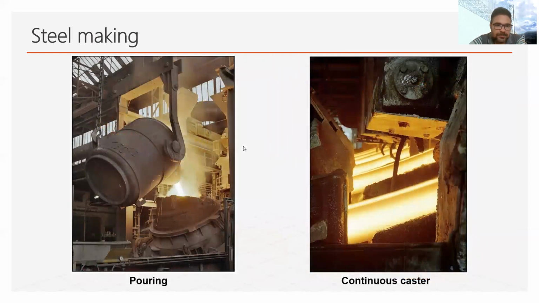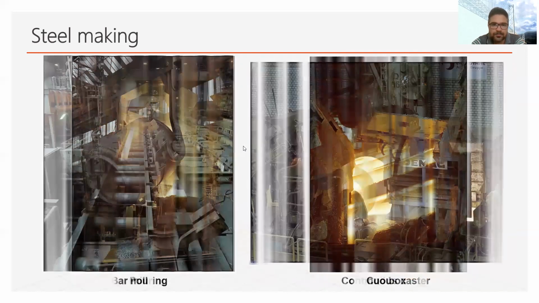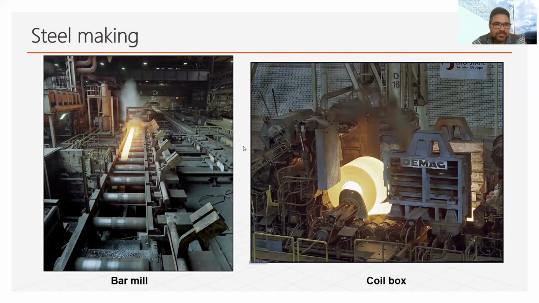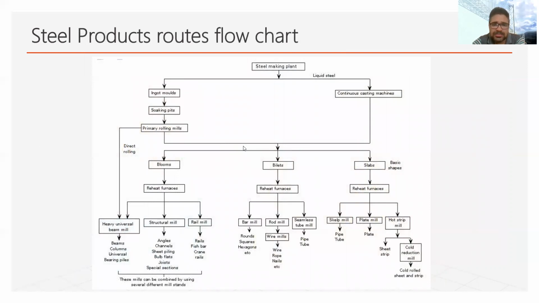Here in this photo you can see this is the molten steel, and this is the continuous caster. I mean the continuous ribbon of the liquid steel, which is being converted into blooms, billets, or slabs. There you can see the steel is converted into a coil, or in this case you can see the continuous steel is in the form of bar. So this is the process of steelmaking that I have described briefly.